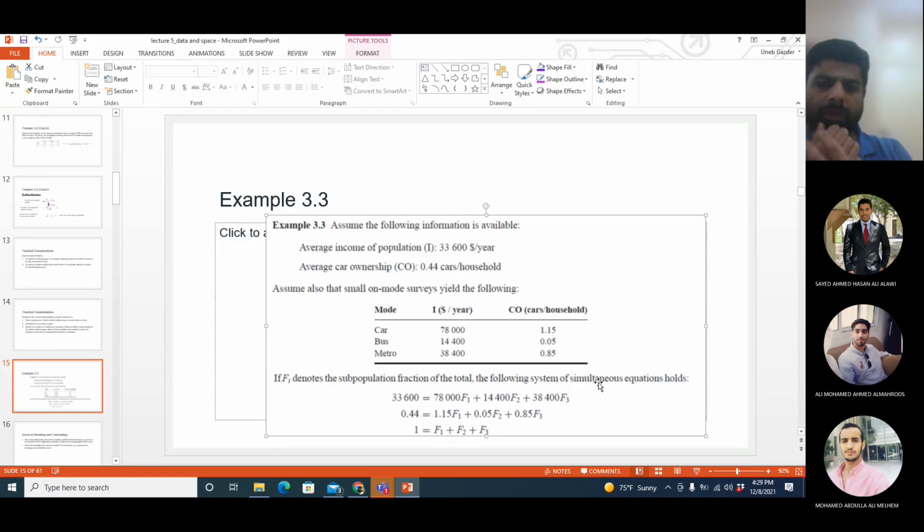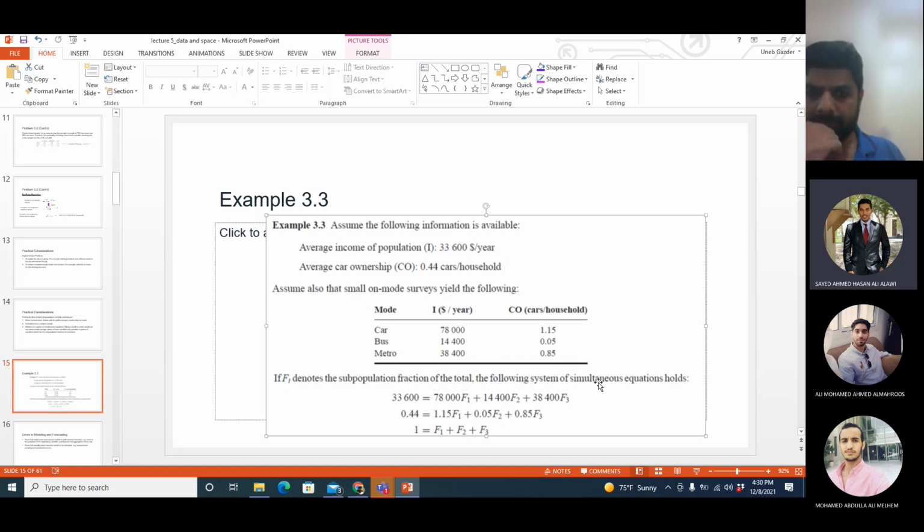Okay, F1, F2, F3. We have 3 equations, 3 unknowns. Again, if you are good with matrix algebra, which we did in the previous topic, you can solve it with a system of matrices as well. But again, then you need to calculate the inverse and so on. If you just want to manipulate the values, that's fine.